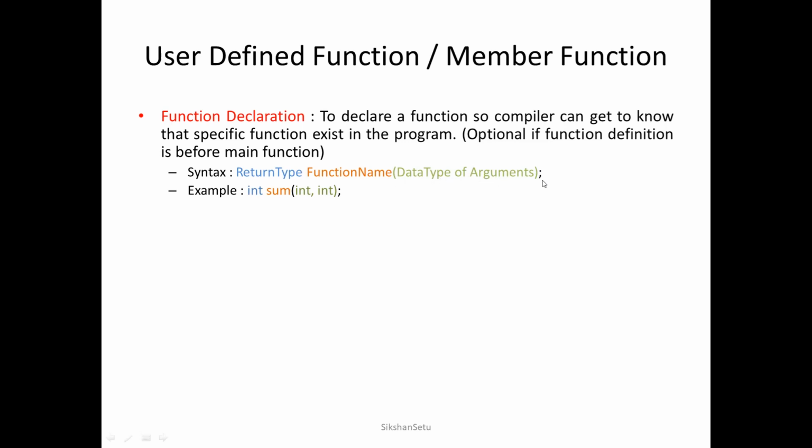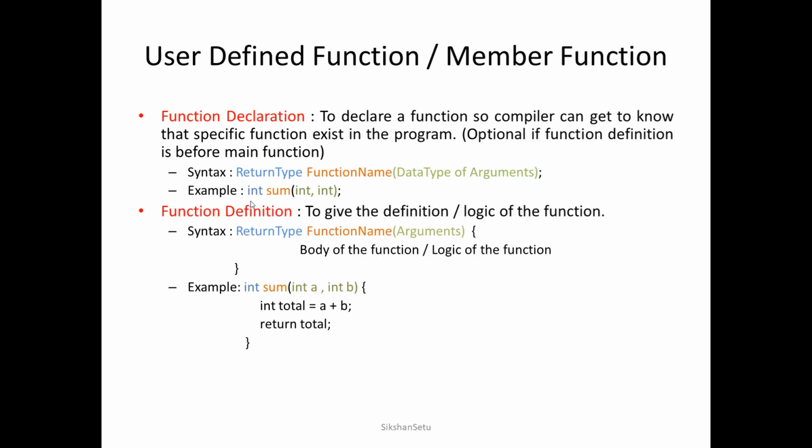Since it is just the declaration, we need to notify that the name of the function will be this, it will take this many arguments of this particular type and this function will return this data type. An example is, suppose I need to declare a function named sum, I will be writing sum. It will take two integer arguments and it will return integer. So this is the concept of function declaration or function prototype.